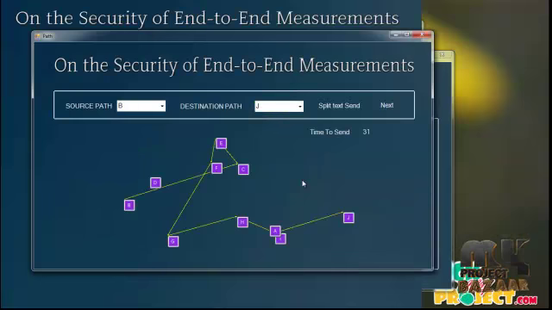We have seen that the user selected the source path and destination path, and we have to connect them. So B to J, through B to C, D, E, F, C, H, I, J. The total traveling time is 31 milliseconds only. The user selected file is separated into various paths, and the time to send is 31 milliseconds only. Click on the next button.